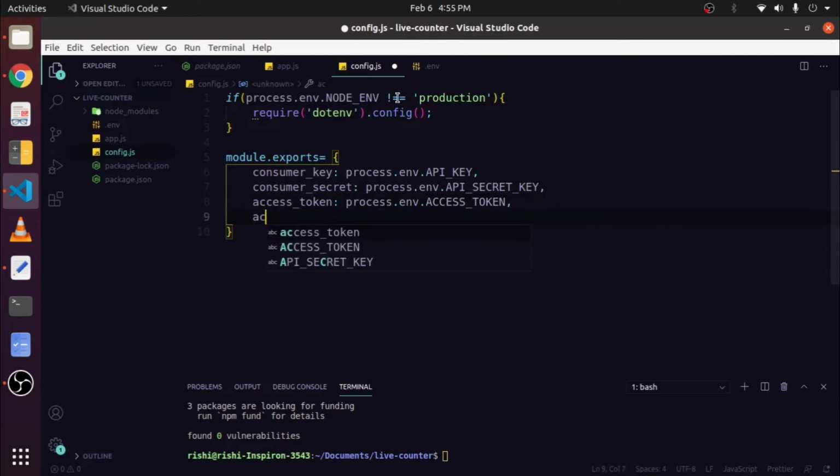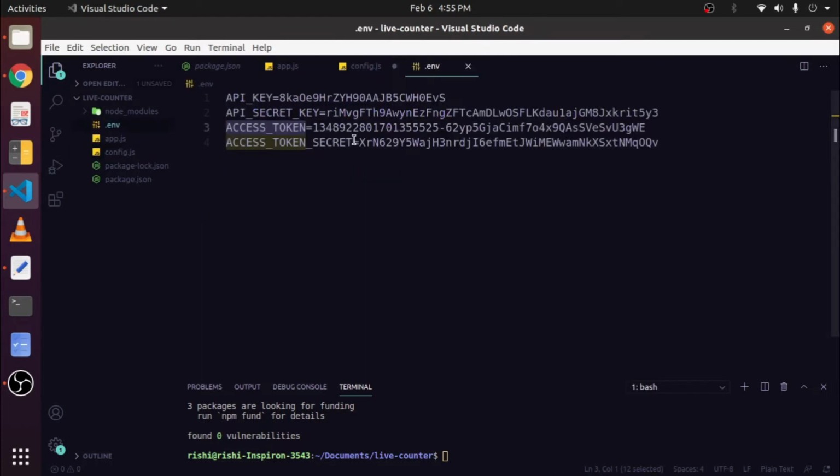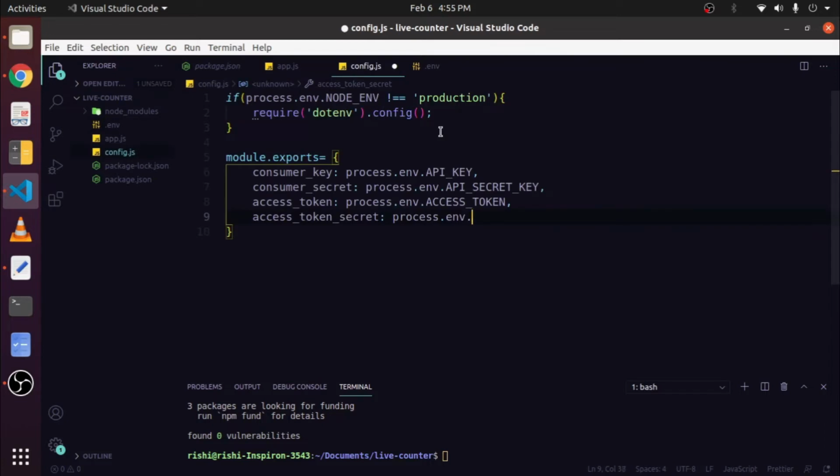And the last value is access_token_secret and make it equal to process.env.ACCESS_TOKEN_SECRET like this. Now we have successfully created an object and exported it using module.exports.